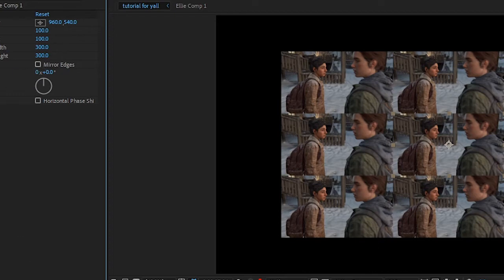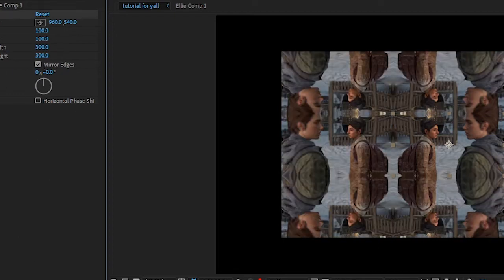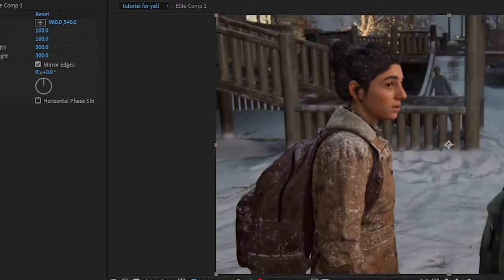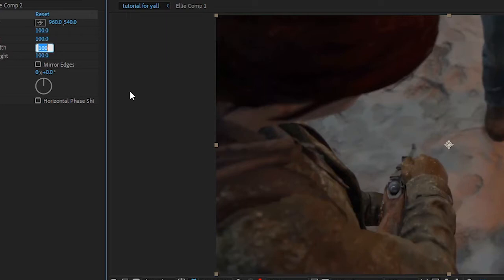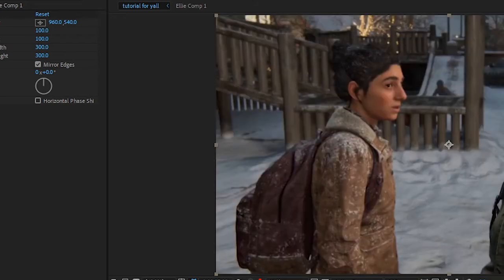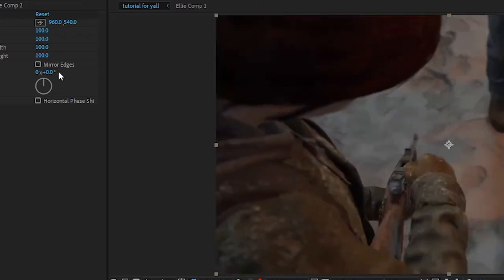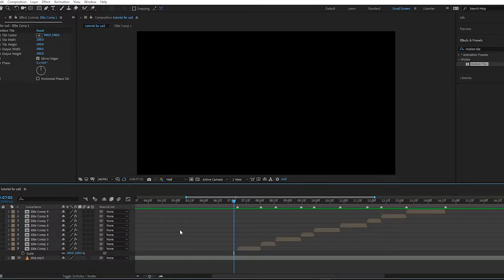Mirror edges is as simple as clicking on it, and it mirrors the tiles. Now go into your next clip and add motion tile again, and make sure that whatever you have set it as, so I've set mine as 300 for my first clip, set it for all your other clips. It just makes it nice and tidy and make sure that nothing is wrong in any places, and make sure you mirror edges, of course. Now that you have done that for all your clips,